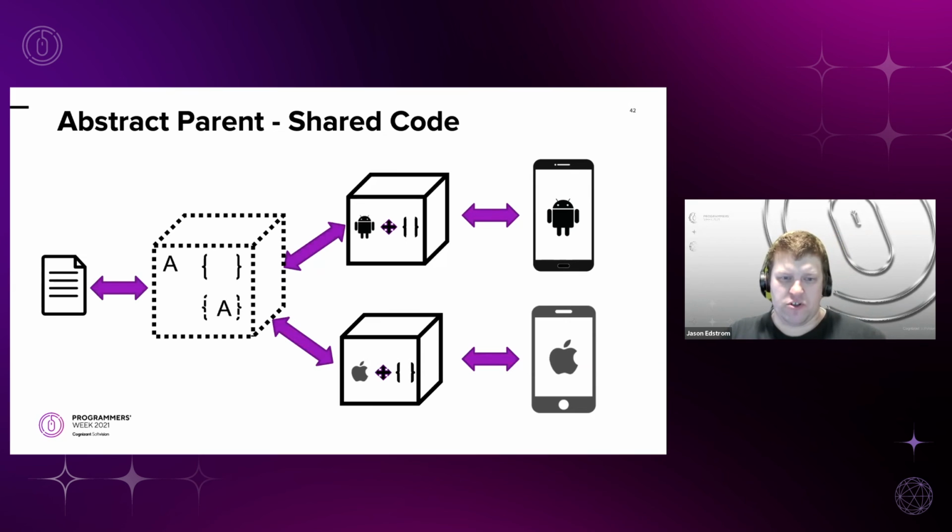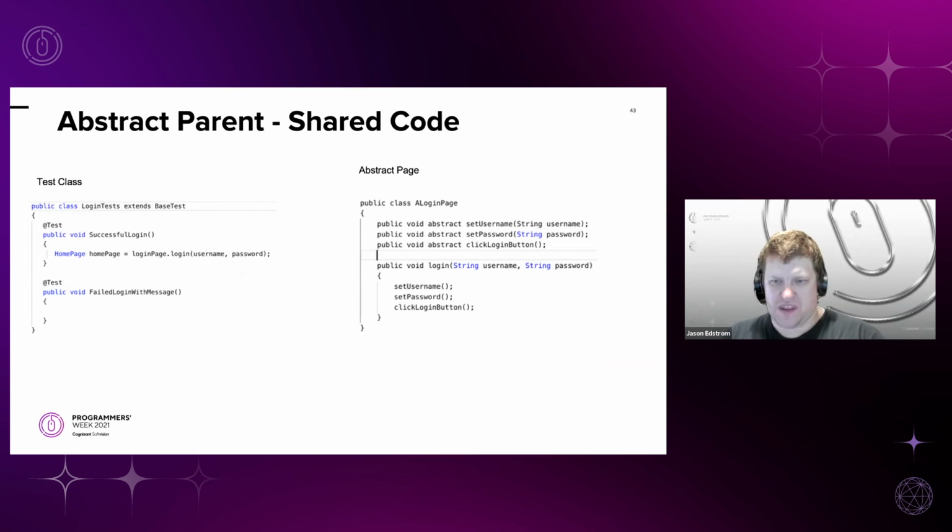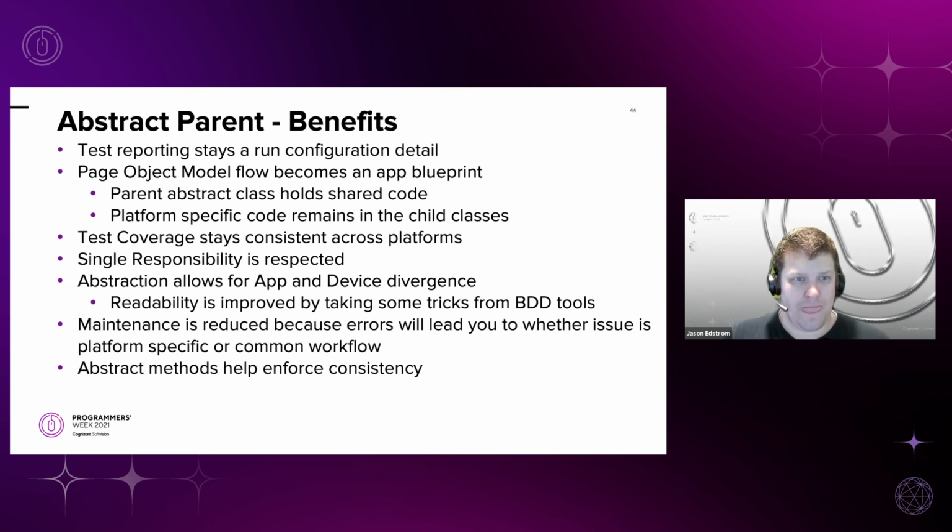And with the shared code approach, we can keep all of our shared code at the abstract level, which is an important detail. We're able to fully make the page object models agnostic and platform specific. The abstract is the agnostic level. The platform specific is the iOS and Android page models. And so that's what we're proving out here, that we can now start using shared code the way that we want to.